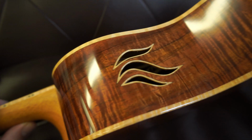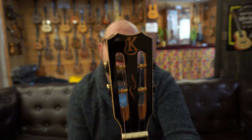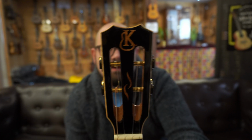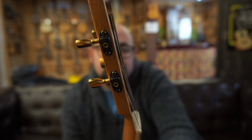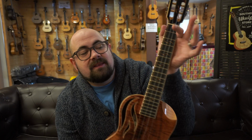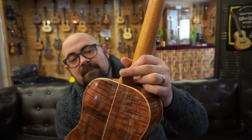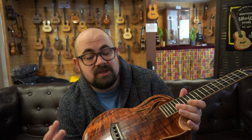You have Kanile'a's Cobra headstock, which is another thin line headstock, but with a more conventional Kanile'a twist to the top, you know, the kind of cuts into it. It's the Cobra shape, I should say, with the Goto stealth tuners. As with all Kanile'as, it's a 38mm nut width. You have Koa inlays all the way down the fingerboard, which are hard to show up in this light, but I'll do some focuses to do it justice. A maple cap on the back of the heel,